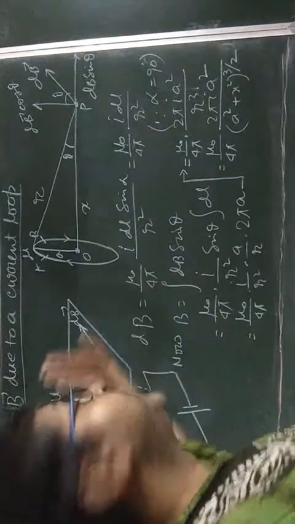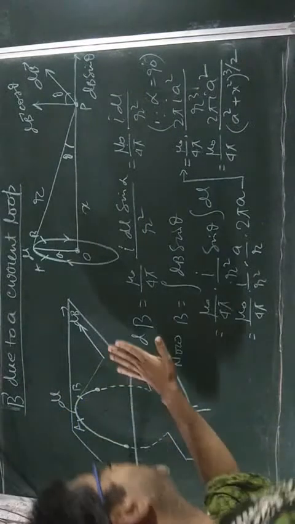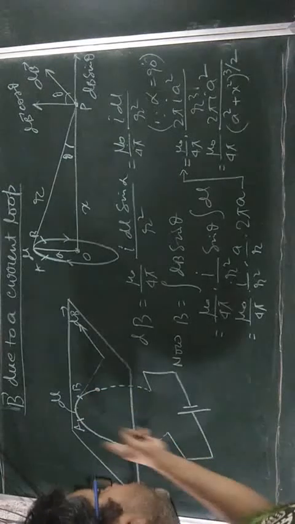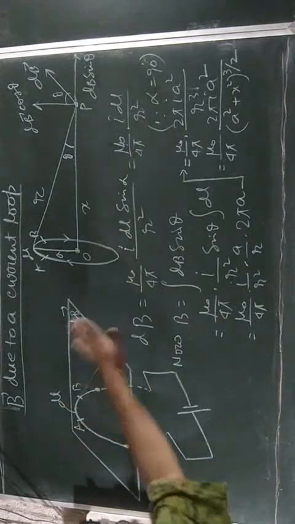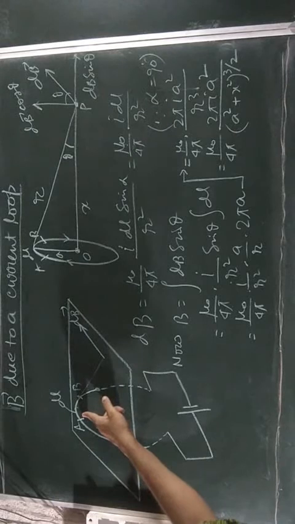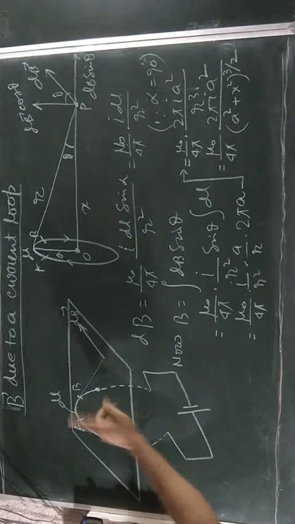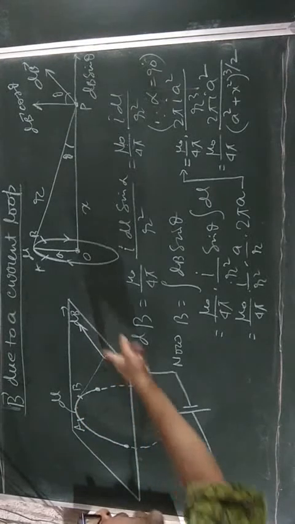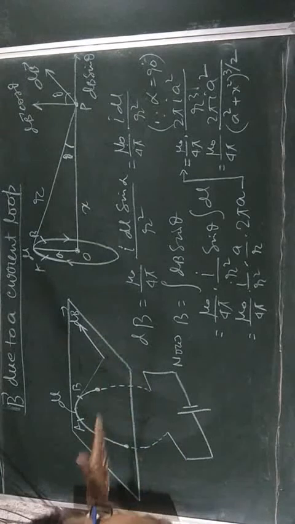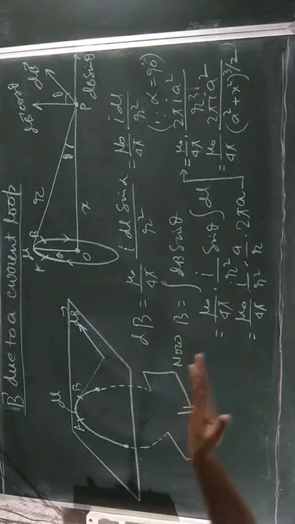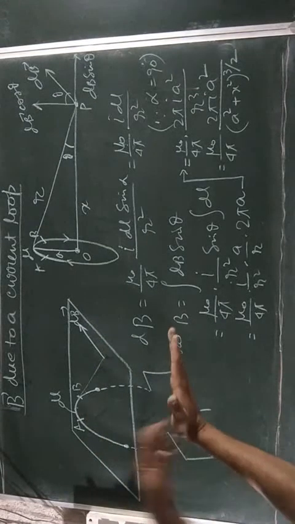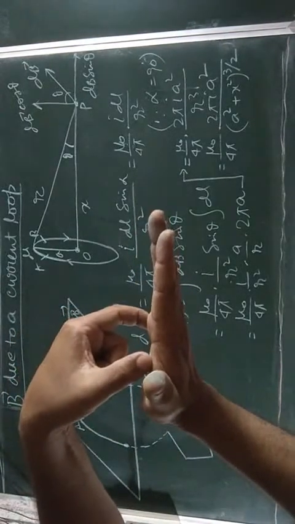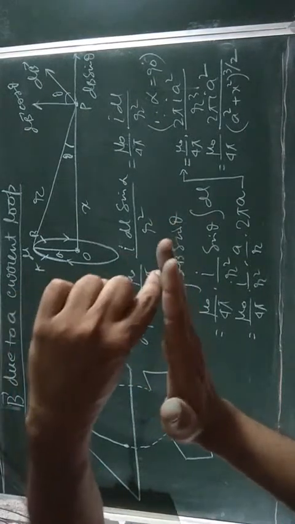Now, in the previous video, we have learned that when a current carrying loop is placed perpendicular to a plane, and if we consider a small element on it, AB, then it produces a magnetic field which lies in the plane of the surface. If the loop is placed like this, then the magnetic field produced by it lies in the plane,